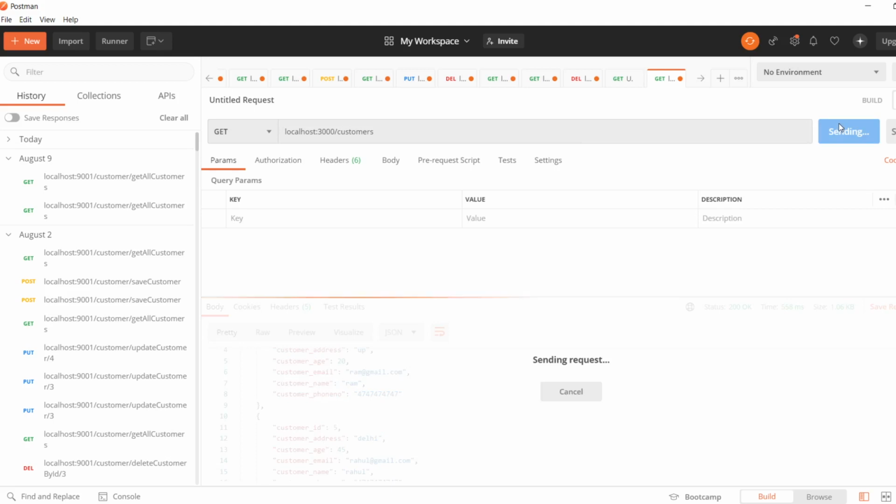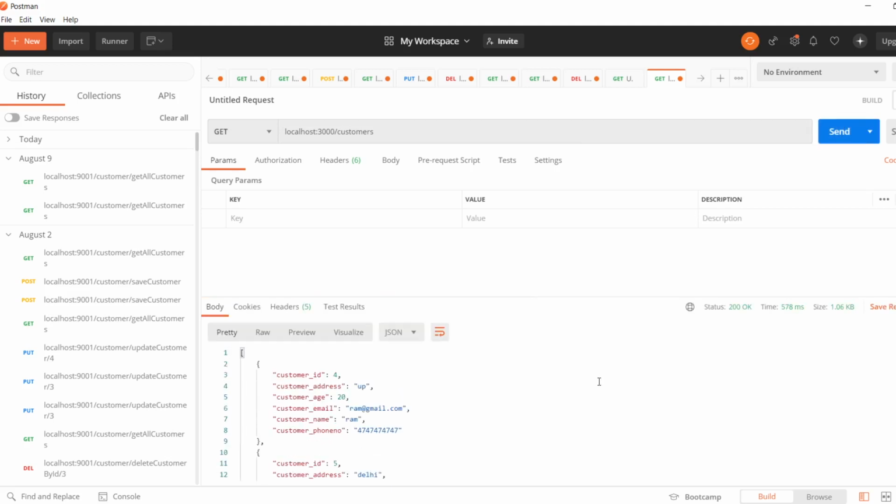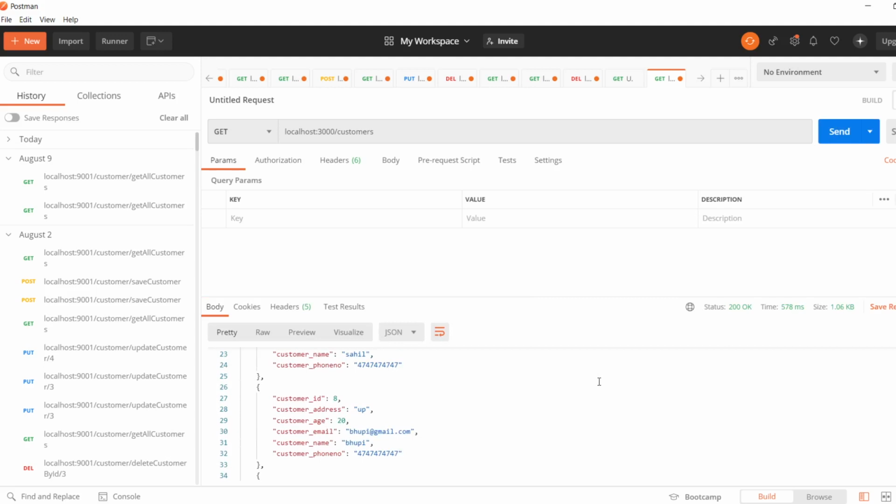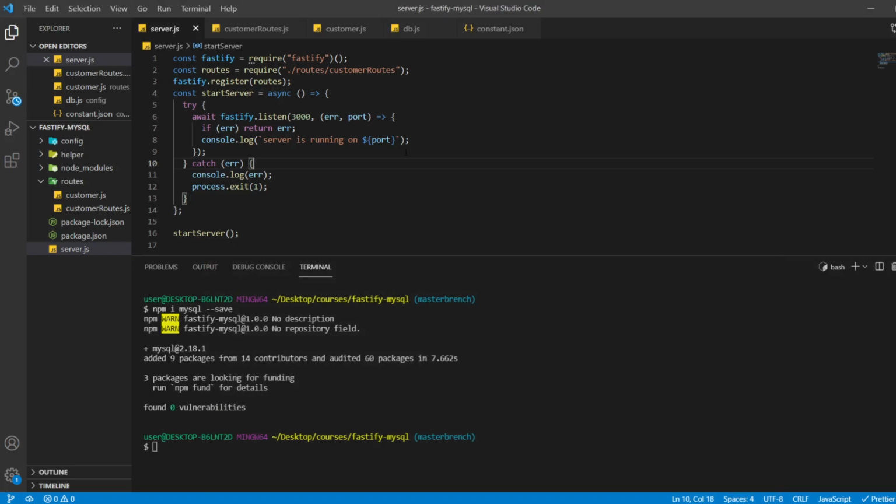So now if I hit, yes, we are getting the same response as earlier. So now it is working absolutely fine. The only difference is the structure in the folder. Now our code is well maintained, well organized. So now we can start writing other endpoints too.